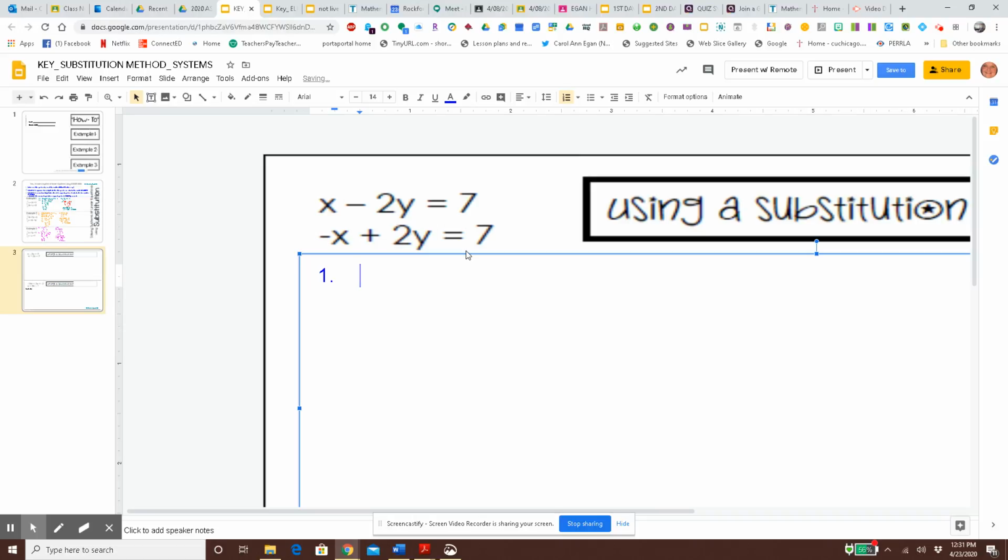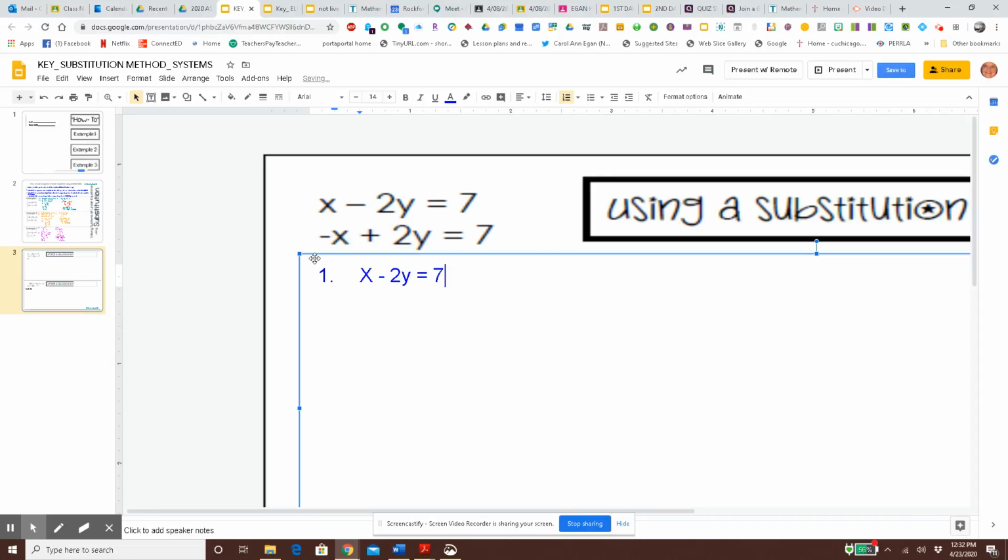So step 1, I have to isolate one of these. I see this x right here is the only variable term that has a positive 1 as a coefficient. So that's going to be the easiest to isolate. So I'm going to start there. x minus 2y